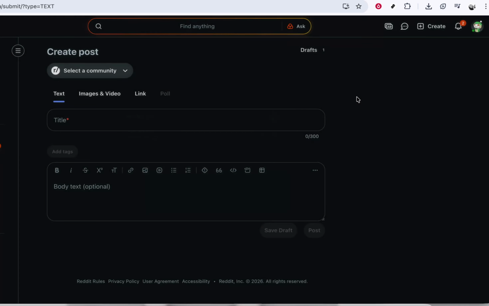Repeat this process for any other drafts you no longer need. Just select the draft, click the trash icon, and confirm. When you're done, your draft section should be much cleaner, showing only the posts you still plan to work on,